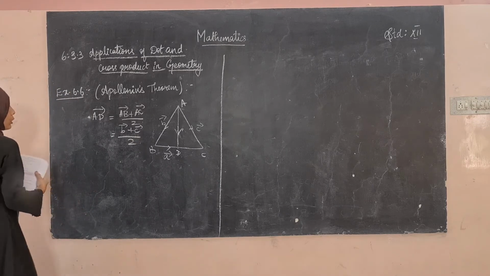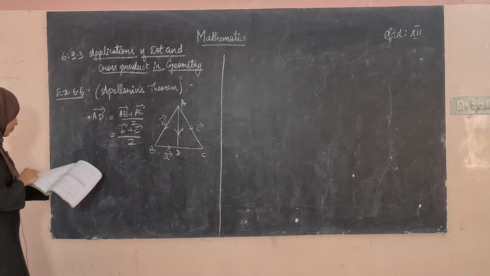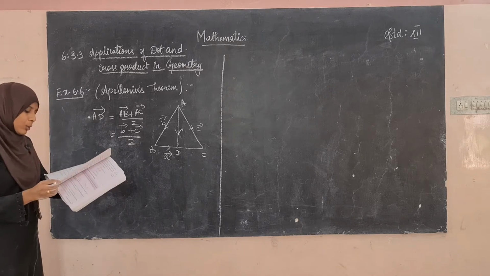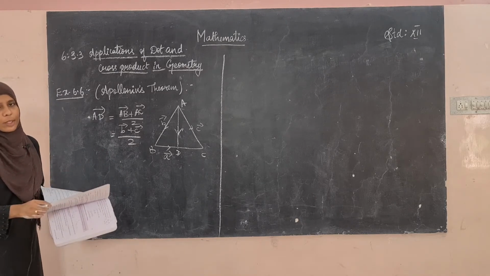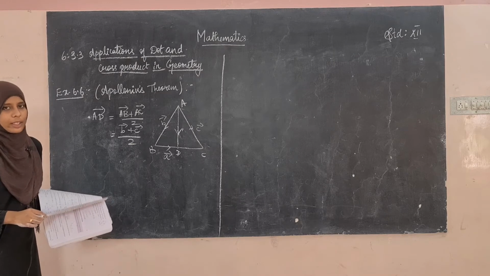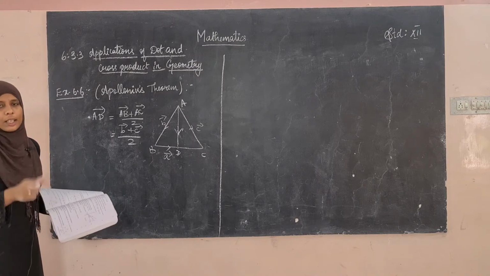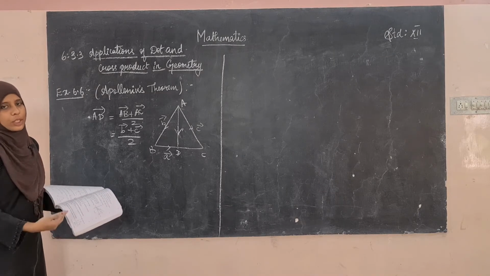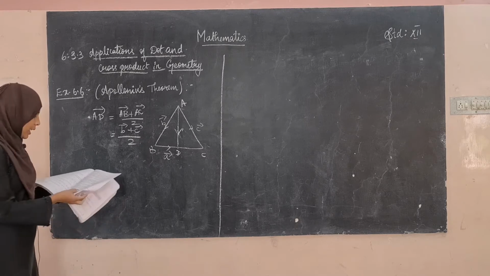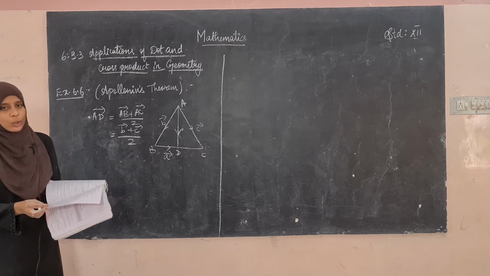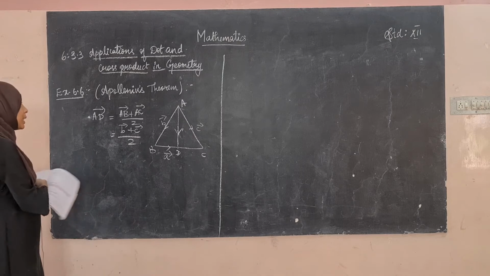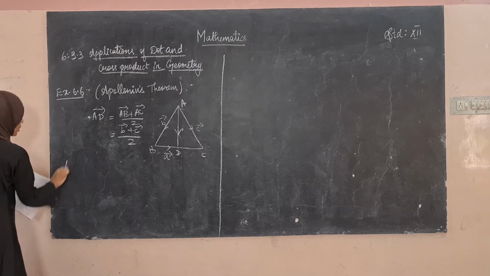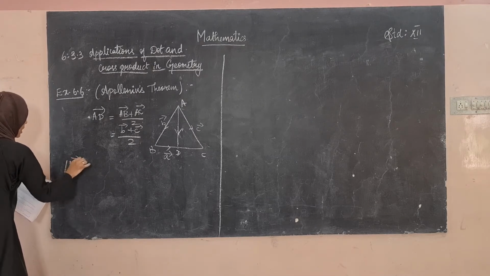So with this, in the proof they have given 2 into modulus of AD vector the whole square plus modulus of BD vector the whole square. So first we are going to take the right hand side. We are going to assemble the elements of the right hand side. We have to show that it is equal to the left hand side. So see the elements in the right hand side, it is AD vector the whole square plus BD vector the whole square. So first let us take AD vector the whole square,